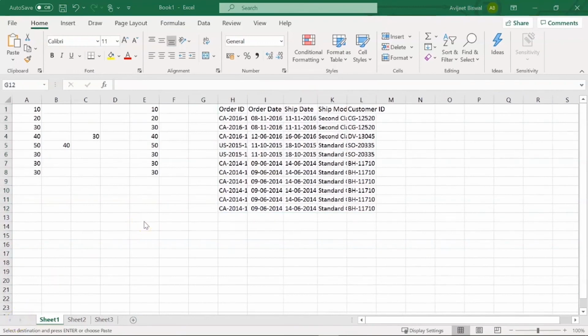Next, if you want to bold and italicize the font values in a cell, you can use Ctrl B and Ctrl I respectively. So if I want to bold, suppose the headings or the column names, I can use Ctrl B. You can see it's bold. And if I want to italicize certain values, let me select this one. I can use Ctrl I to italicize it. I'll hit Ctrl I. You can see it's italicized.